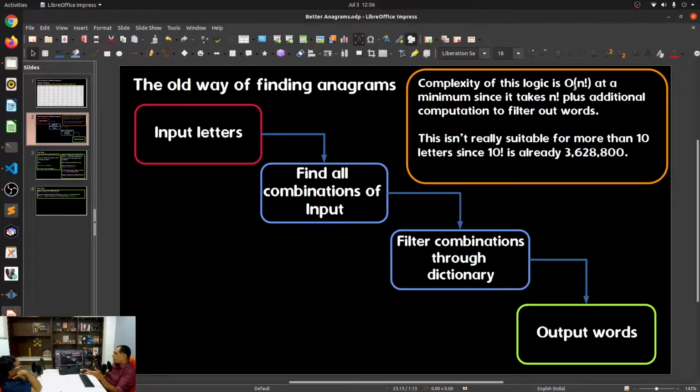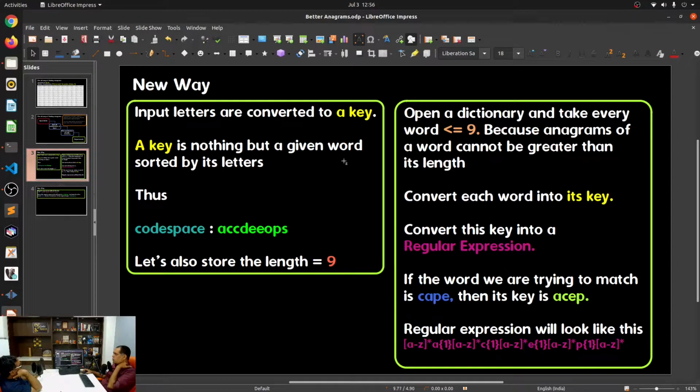I say at best O(n) factorial at a minimum because it takes n factorial for the original finding of all of the characters, and then it also needs to do additional computation to filter it through a dictionary and all of those things. And it's not really suitable for more than 10 letters because more than 10 letters is already 3.6 million combinations that it needs to evaluate. That being said, let's look at what the new way is.